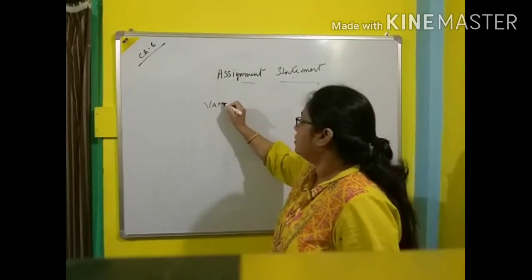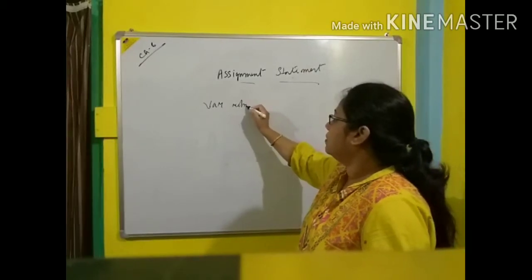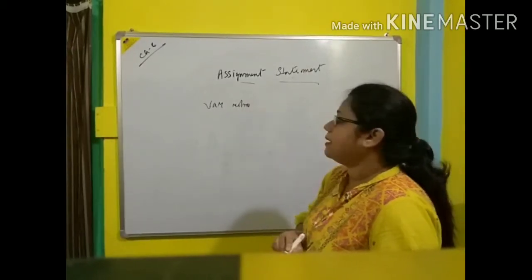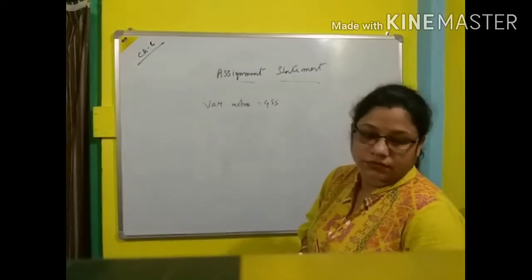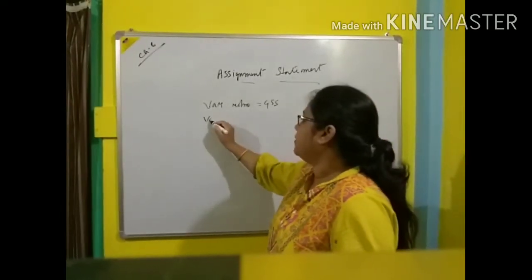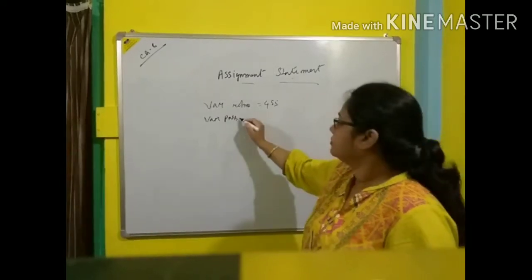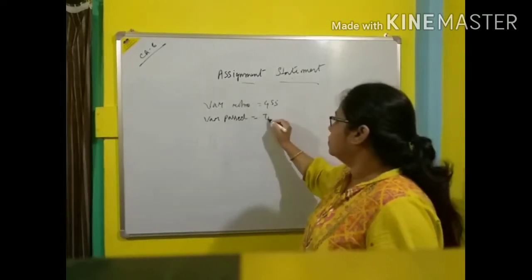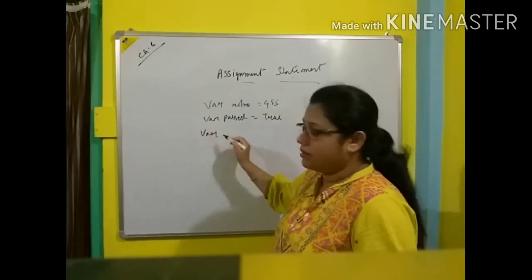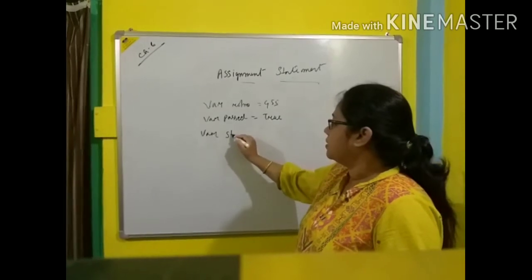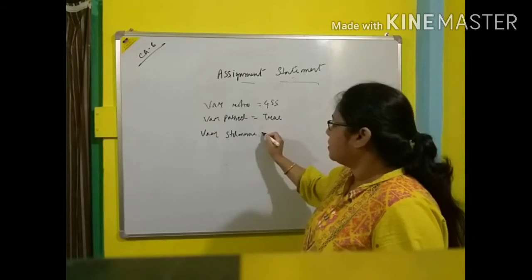var roll number equal to 455. After that, var pass equal to true. After that, var student name equal to